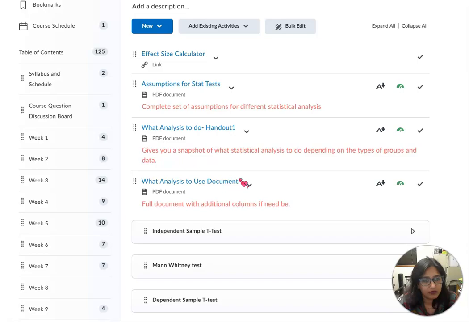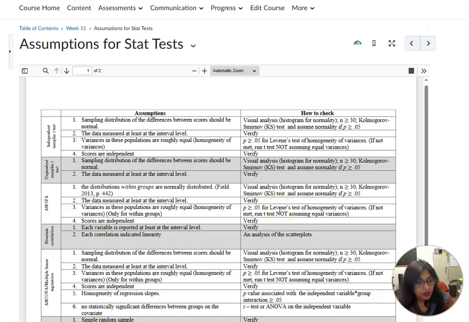So what do I have in this folder? Non-parametric can also be applied if your assumptions are not met. Here is the independent sample. You're probably going to only be working with these three this semester, and whoever has bivariate correlation, I'll reach out to them. These are your four assumptions that have to be met.